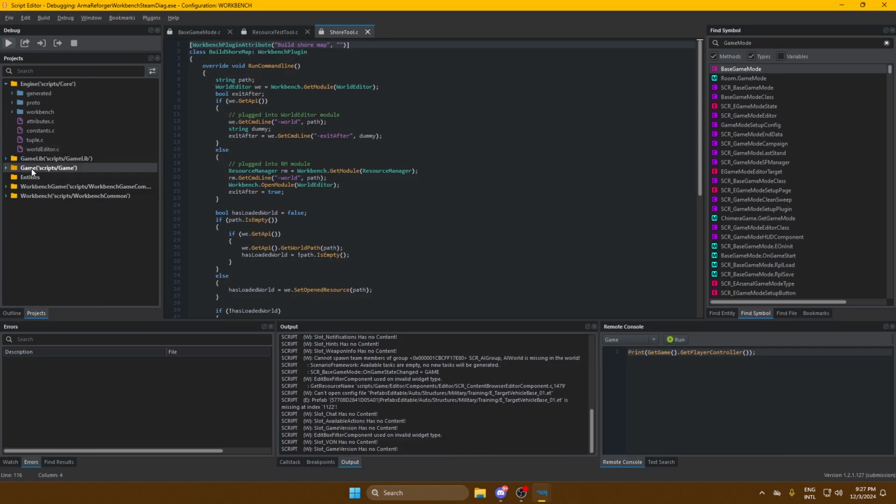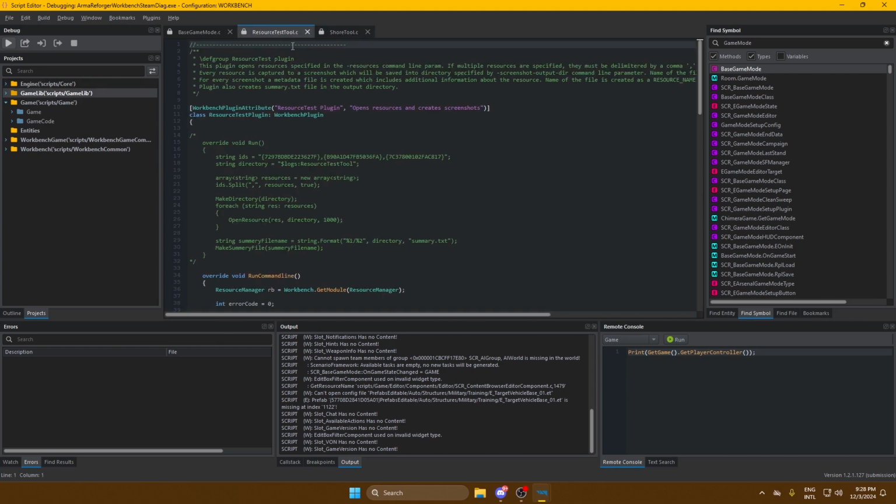The limitation with modding here is that you can only mod classes that come from the same module. So if you created your script file in the game module, for example, then you are only going to be able to modify classes on that file that are also in the game module. You will not be able to modify other classes that are in GameLib or engine/core or Workbench. You will be able to use classes and use data, etc., that come from other modules, but these modules are